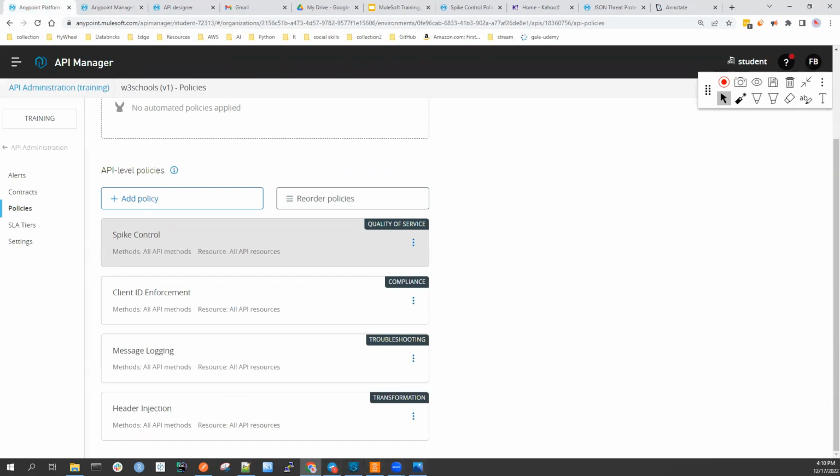So in the response part, we said it starts from the bottom. So header injection has the highest priority, followed by message logging. Yeah, that is it. So now, if we see this one, then in the headers,